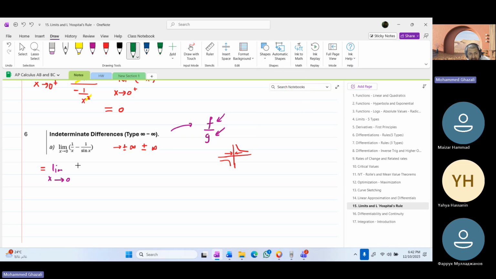So we're going to cross multiply and get a function, which is x sine x in the denominator. And what's on the numerator? Sine x minus x. Okay, cross multiply. Are we good? So let's substitute 0 now. If you substitute 0, you're getting sine 0 minus 0 over, now we're getting 0 over 0. So you come back to the first type of L'Hopital's rule. So by L'Hopital's rule,